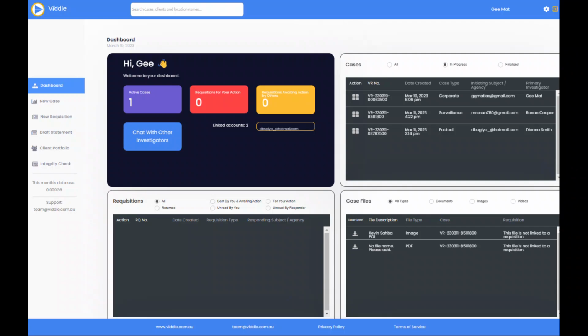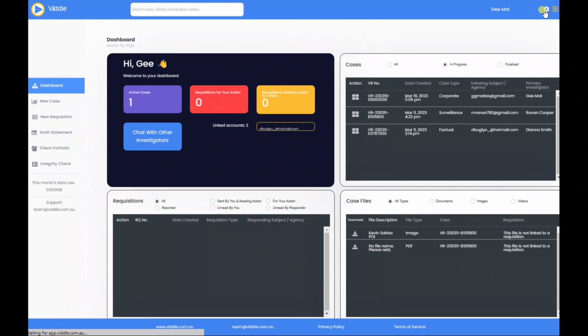Now, I'm just going to talk to you today about adding team members in your team, or with the new feature that we have for single users, you can actually add an external collaborator in your single user team. The purpose of that for individual users is that if you want to work with someone in the team or involve someone in an investigation or a case, you can add them as one collaborator only. So to add a team member or an external collaborator in your subscription, simply go to